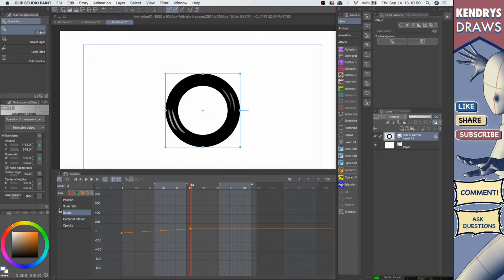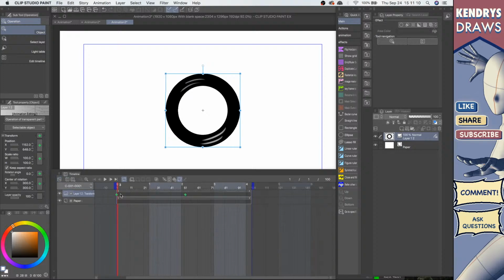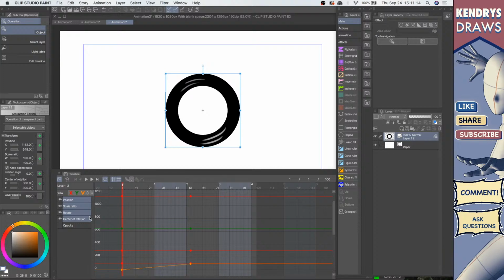Let's see. So you have these different options: the positions, center, rotation, the opacity. You can change so many things. But now we're going to focus on the rotate. So you can see here, this is just a different way of displaying the timeline. Right, so it starts here and then ends here. You're going to see that it's the same frame, 51, at the beginning. So when I play it,